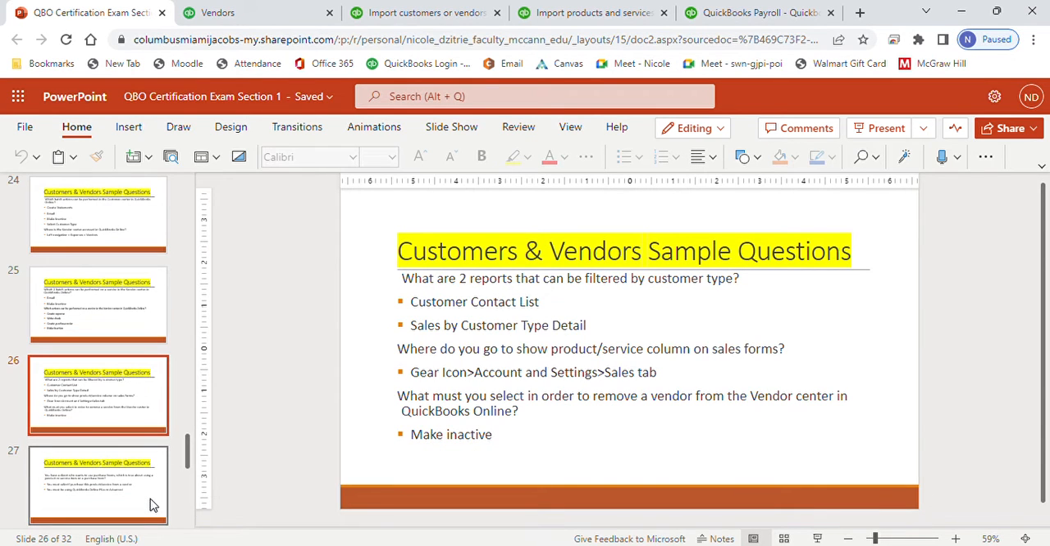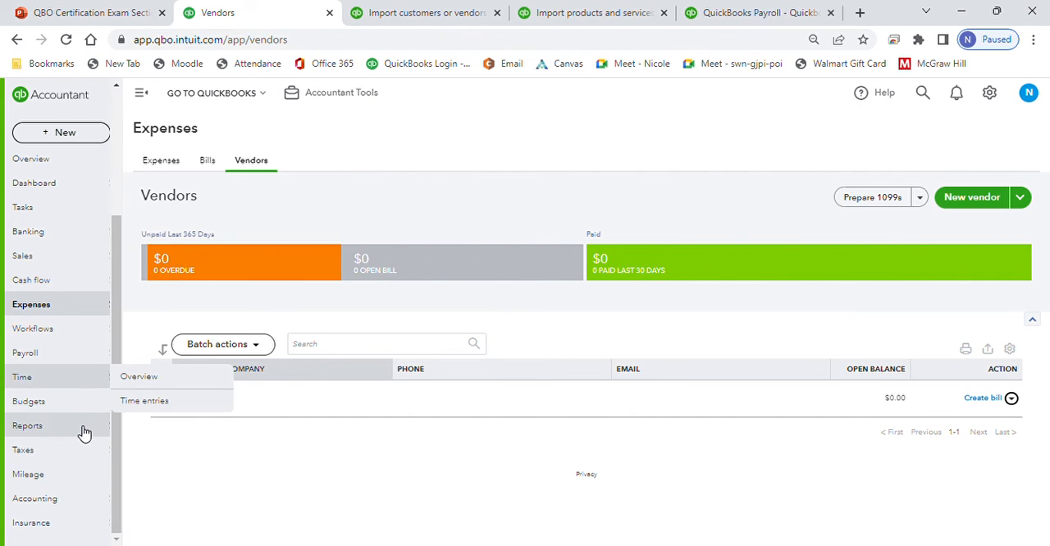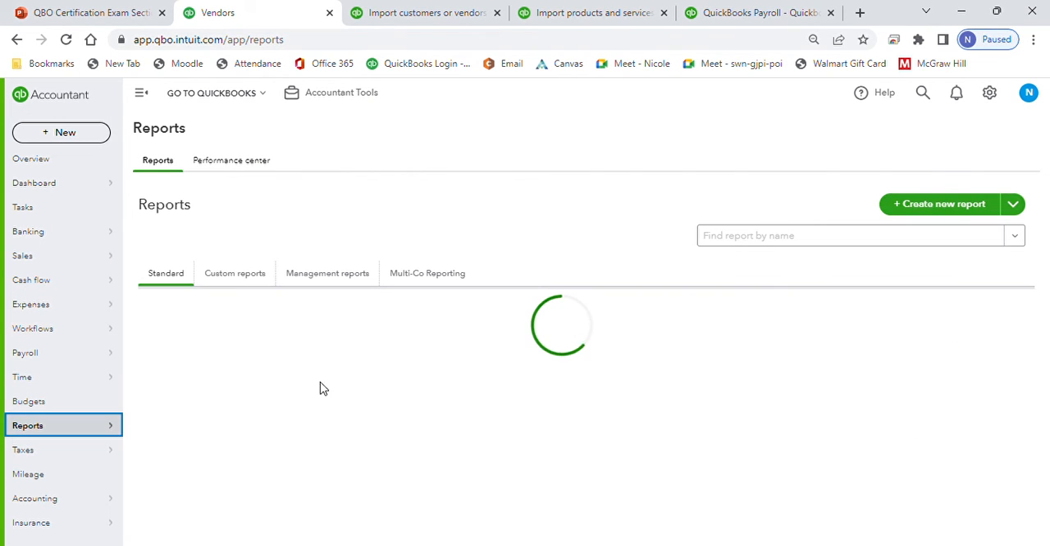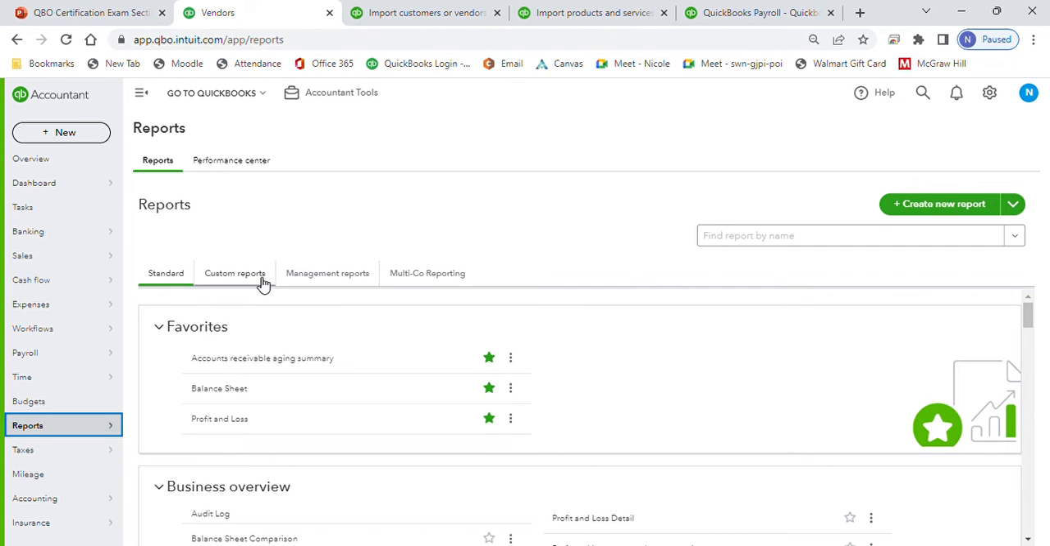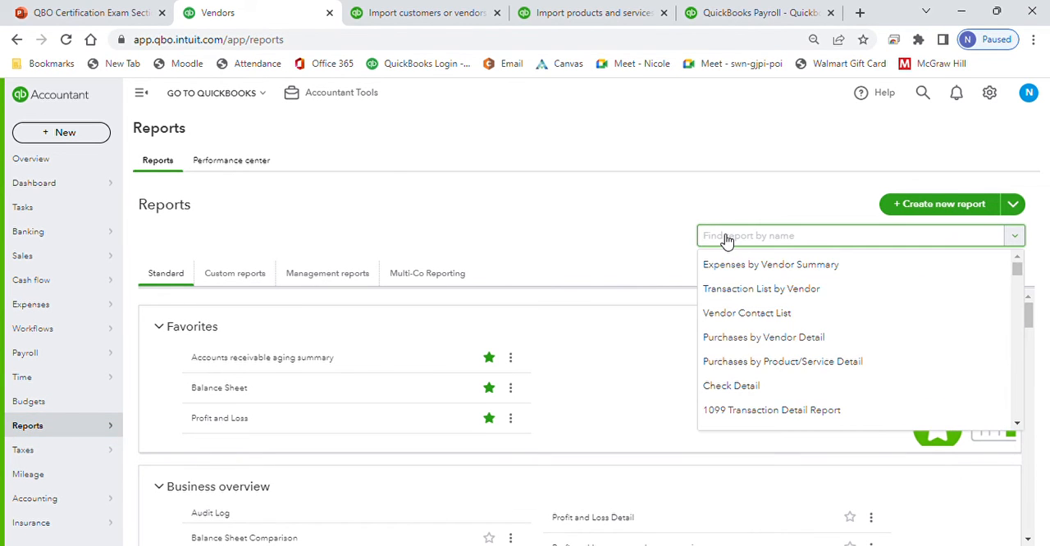Oh, yes. So what are two reports that can be filtered by customer type? So there's only two reports. There's customer contact list and sales by customer type detail. So when you're in here and you go to reports, you'll see some down here, and then you have custom reports. These are the ones that you save, that you set up the way you like. So if I go to